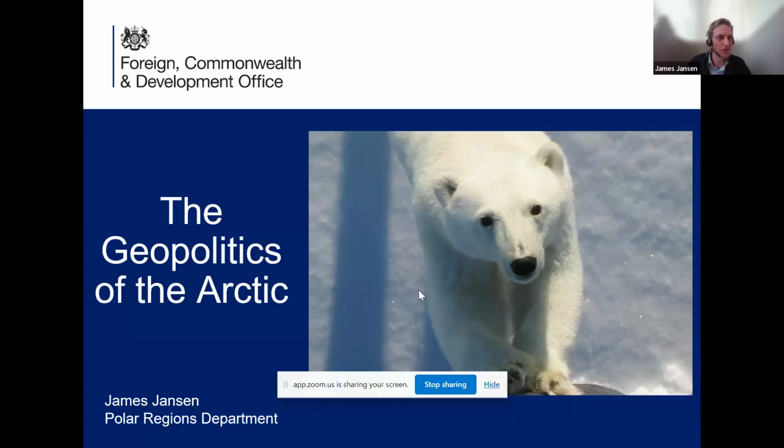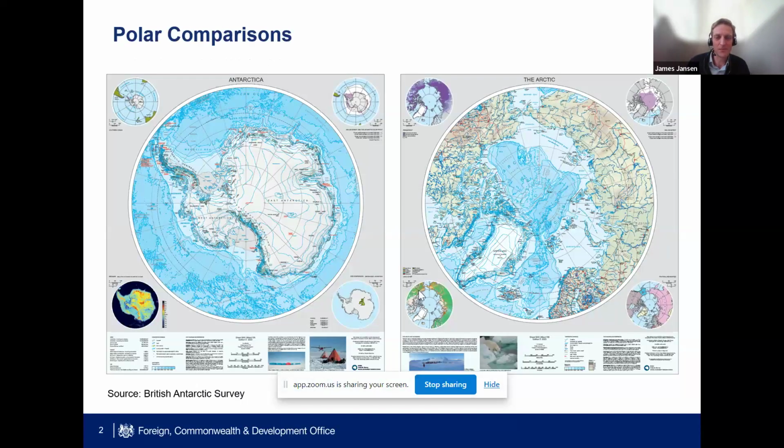All right. So, as you said, Bethan, I'm going to focus on the Arctic, but I thought I'd just start with a little bit of a comparison between the two polar regions. So, no better way to do that than with some maps. On the left-hand side, we have a map of the Antarctic, and obviously we've got the Antarctic continent there, surrounded